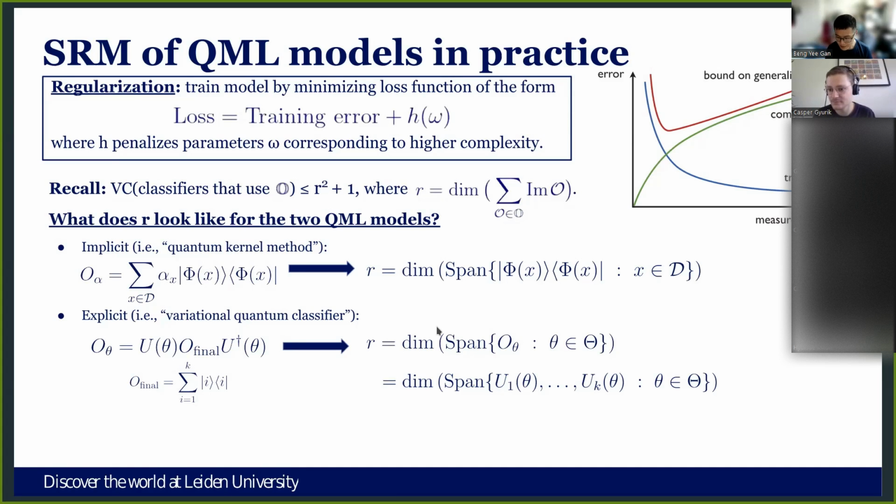Okay, maybe one last question before we end. Recently I saw a paper published in PRA, called Noisy Quantum Kernel Machines, and over there they use the noise as a regularization parameter. And in that paper they make use of Rademacher complexities to study how the noise will affect